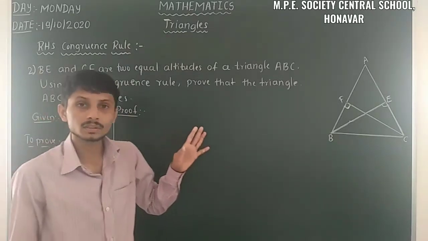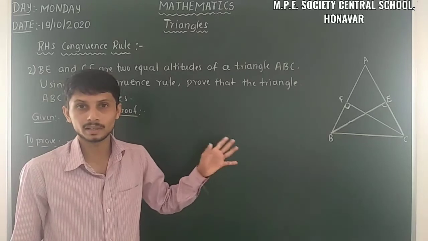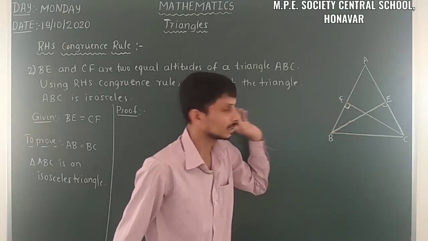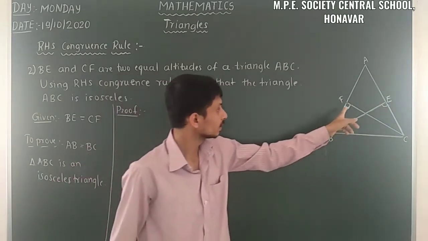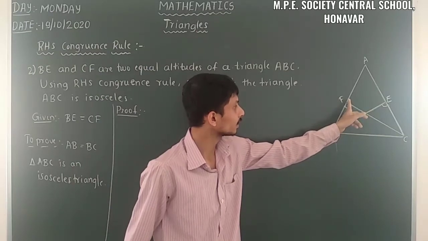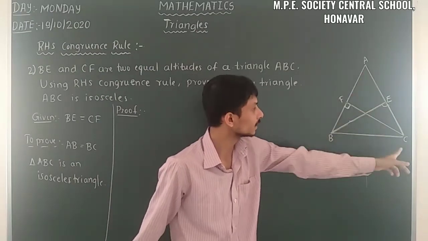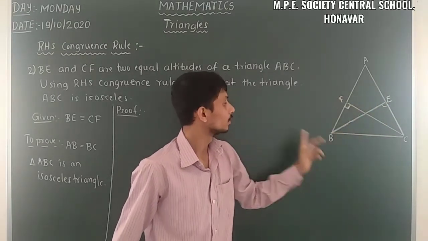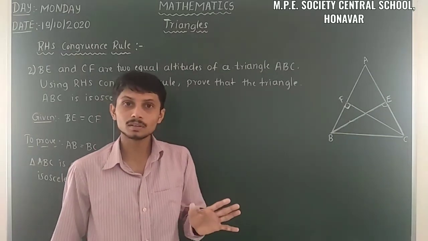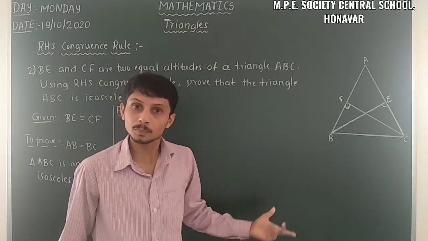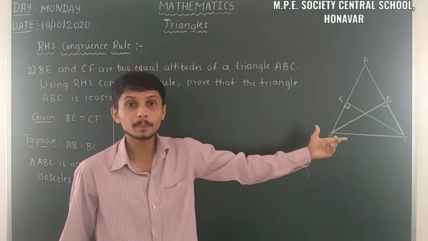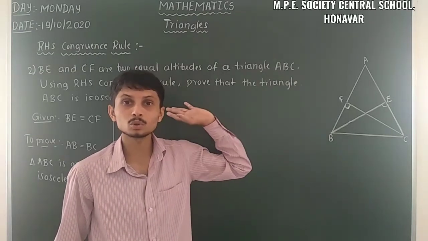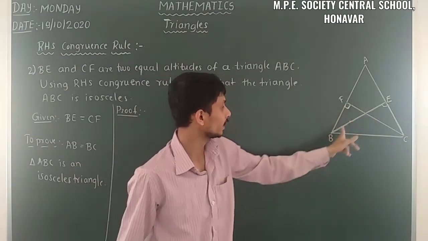Here there are two possibilities of taking the right angle triangle. One is AFC and AEB. When we take that one, just observe, here it is a right angle triangle, then the hypotenuse side becomes AC, and here it is a right angle triangle, the hypotenuse side is AB. Those two are not equal. So that's why we have to prove that one. So the hypotenuse side becomes the proof part. So that's why we can't take those two triangles, AFC and AEB.